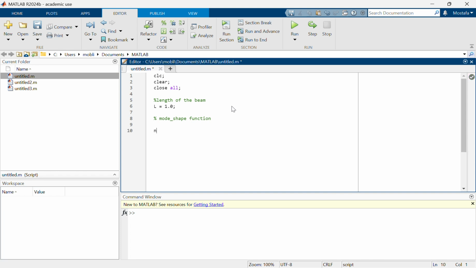I'm going to call my function mode shape. This is just a name, and then this is equal to, the first thing you want to do when you are defining a function is you have to define your variables. Our variables are x and beta n